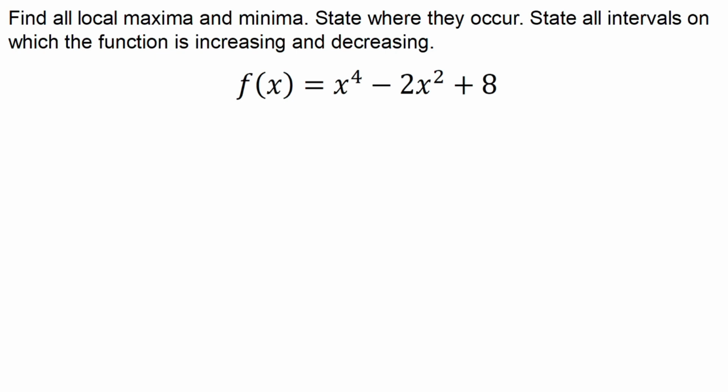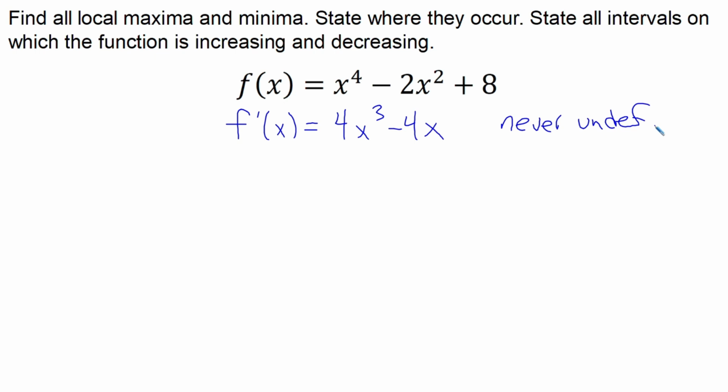Our second one here, we're going to go through the exact same process. So we'll first take a derivative, giving us 4x cubed minus 4x. We'll note that that is never undefined. Right? Again, it's just a polynomial. But it does equal 0